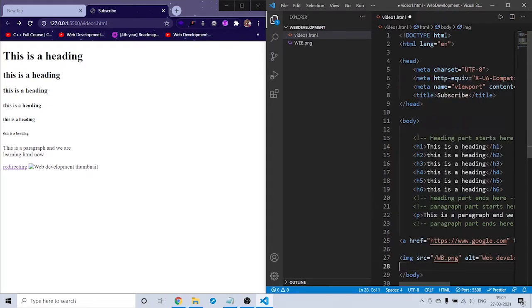And let me tell you another thing. We have this photo in our local PC. What if you want to use an image which is on the internet?